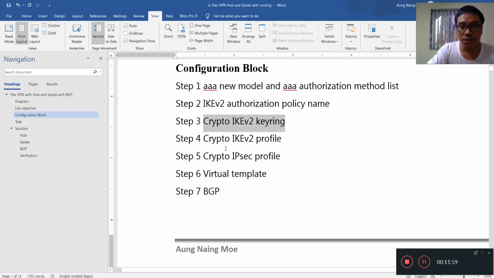Step 3. We need to configure the crypto IKEv2 keyring. If you have a certificate server, you can use your certificate server to authenticate the FlexVPN routers. But I don't have a certificate server, so I will use a pre-shared key.